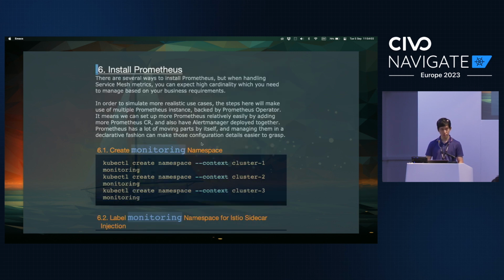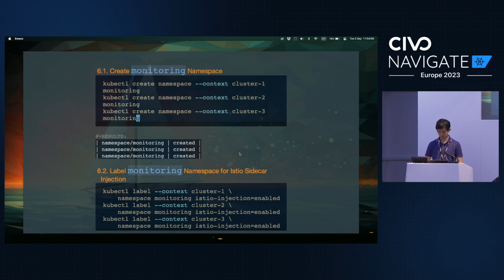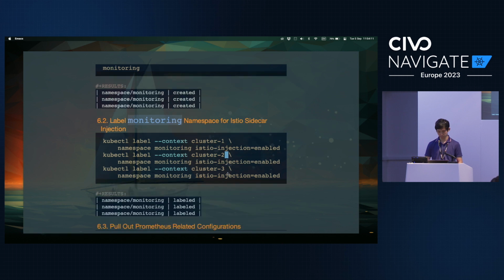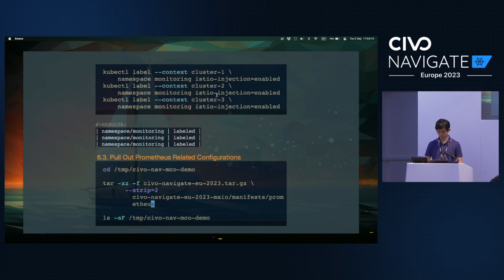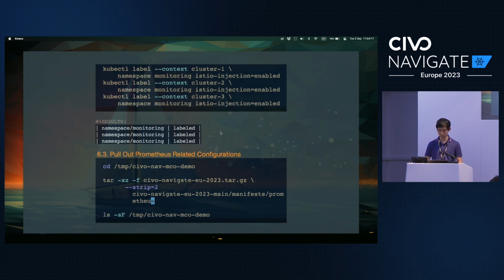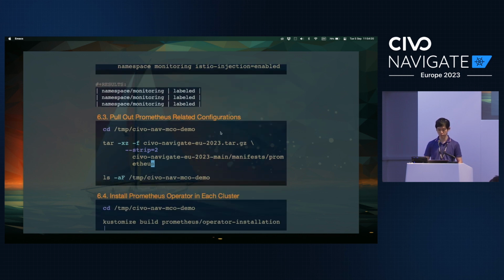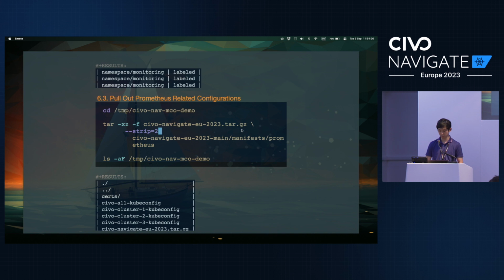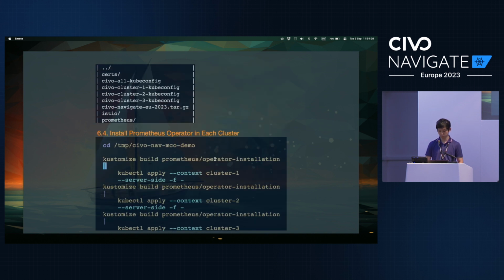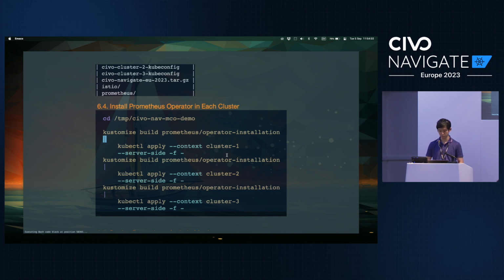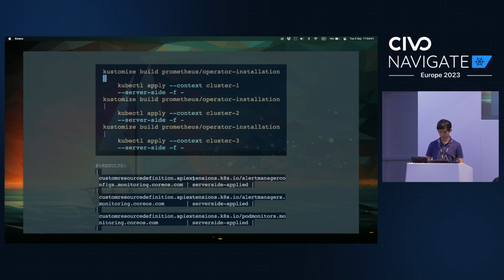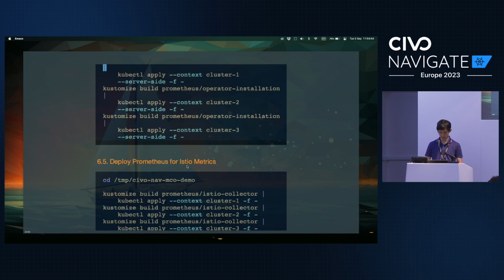So with that in place, now going to the observability setup. We're going to create a monitoring namespace and deploy Prometheus in all the clusters. First of all, I made sure that Istio will take place in terms of the deployments. And as I said, Prometheus is also available in the repository. So I pull out the manifests for Prometheus and then install the Prometheus operator in each cluster. It's essentially a simple manifest with the operator being installed in cluster 1, 2, 3. Everything is installed. It's quite lengthy, so I'm going to hide that.